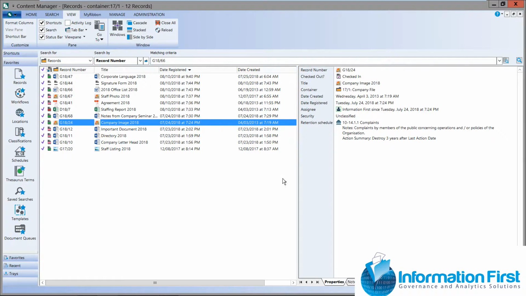And I'll pause there for a second because I didn't mention that that feature is an administrator and records manager feature. I'm going to go ahead and deselect that. Okay. And moving right along, I have just two more features that I'm going to show here in the full client,